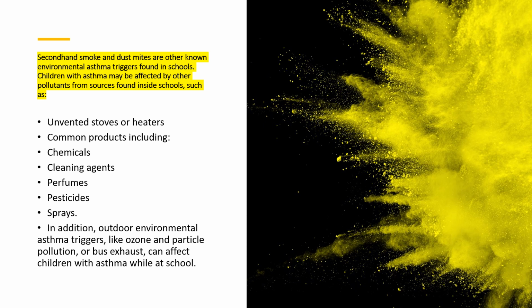Another one that we've seen now, secondhand smoke and dust mites, are known as environmental triggers found in school. Unfortunately, when they get into teenage years, there's a lot of smoking, there's vaping, there's cannabis use. As they become teenagers, they could be hanging with friends who are smoking, and that secondhand smoke, whatever is being exhaled, can become a trigger too. So again, the asthmatic teenager has to understand how to choose and pick friends, which is very difficult. Look, this is not easy stuff.